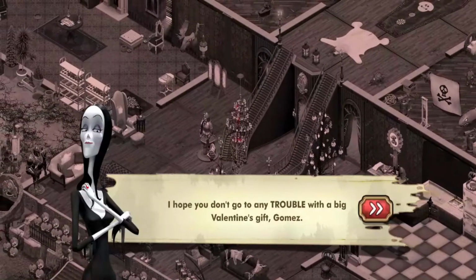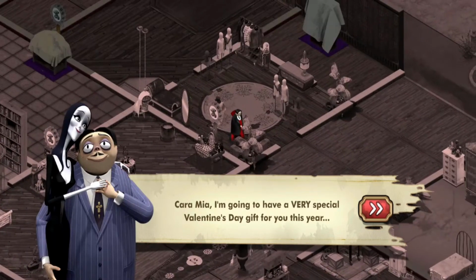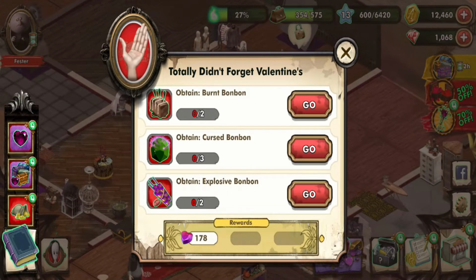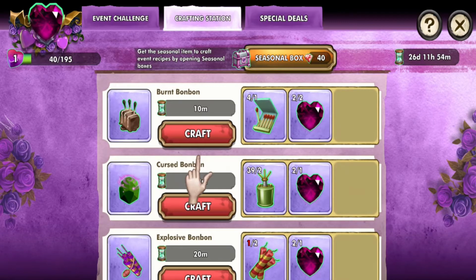I hope you don't go to any trouble with a big Valentine's gift, Gomez. Cara mia, I'm going to have a very special Valentine's Day gift for you this year. I mean, it's not like I forgot about the holidays and haven't prepared. Nope. Mother of darkness. I better come up with a gift. Stat! Totally didn't forget Valentine's Day. Get yourself some bonbon stuff and then some explosives, so...